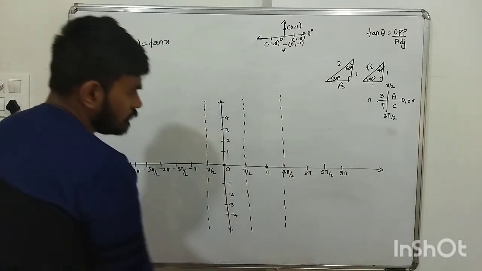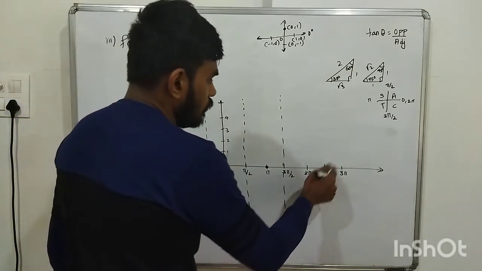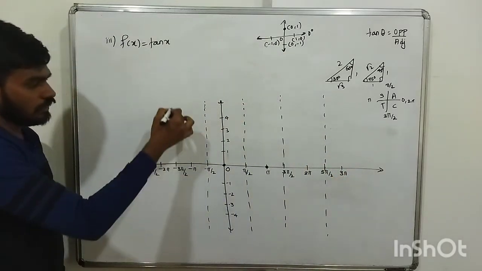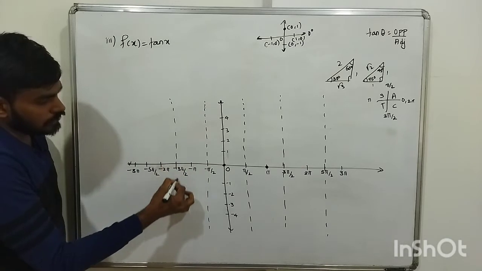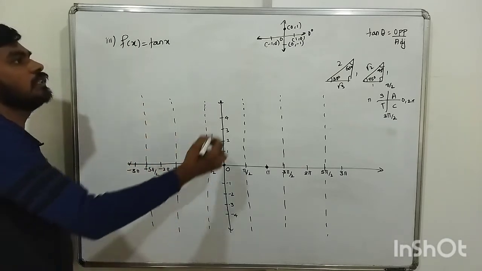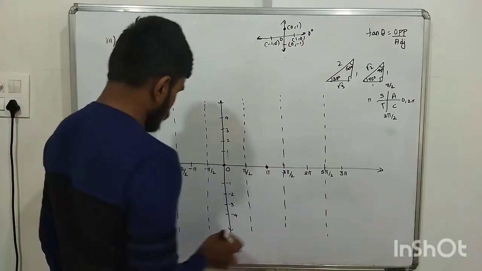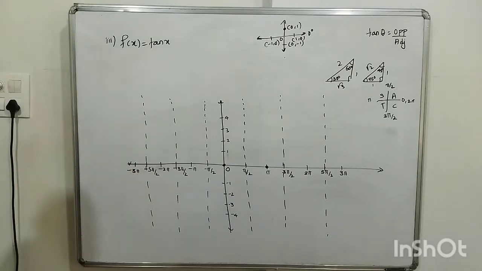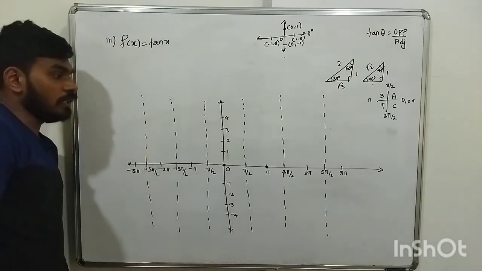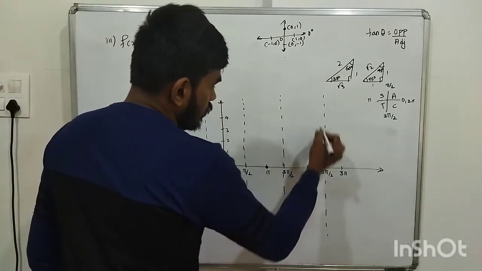Okay. So same way, for pi by 2, minus pi by 2, minus 3 pi by 2, for all these we don't have any value for tan, or the tan is at infinity on those points, correct? You can check, because it comes here or here for these values, pi by 2, 3 pi by 2, 5 pi by 2, here minus 3 pi by 2, minus 5 pi by 2, okay? For those, the value is where? Here, okay? The value is infinity, that's why we can't take that.